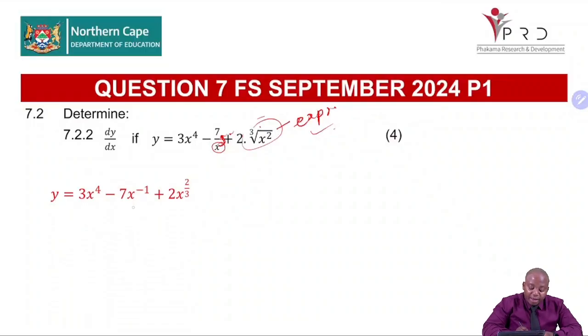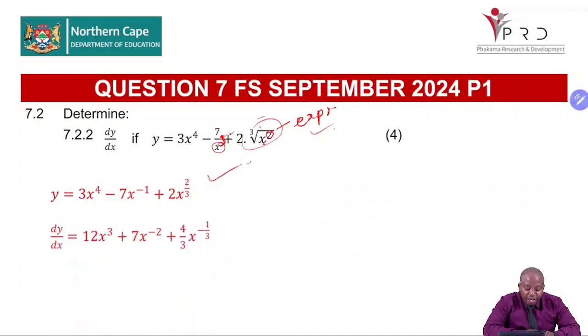It's going to be x to the power negative 1. Then when we work around this, this becomes our numerator. So it's going to be x to 2, to the power 3 multiplied by 2. Now that we have our equation in a form that we can differentiate, we can now find our